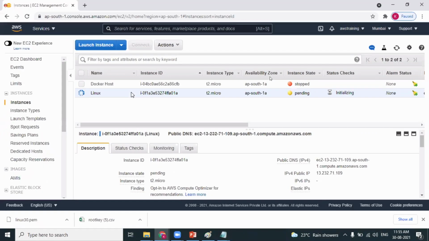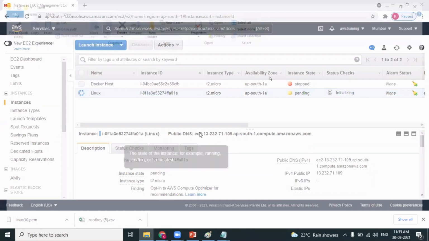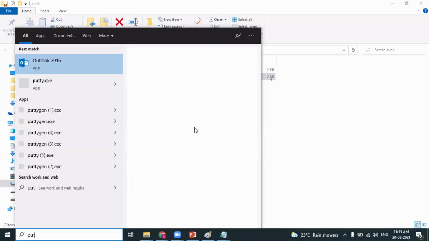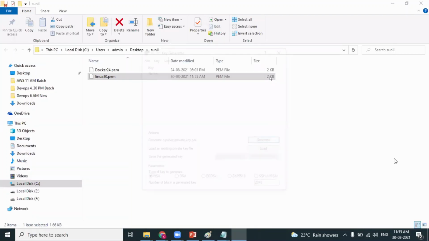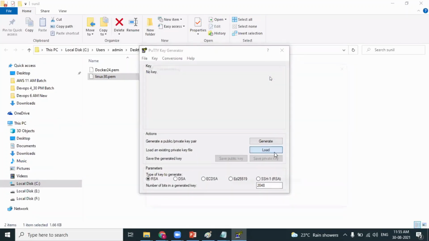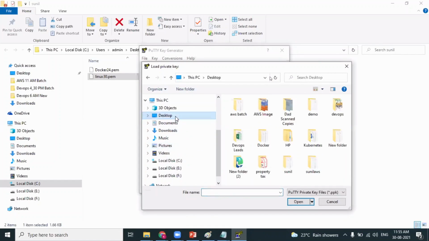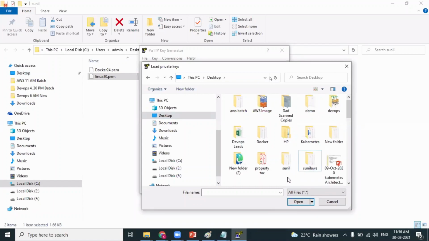I want to connect to this Linux machine using PuTTY. So what I need to do is open PuTTYgen and convert the PEM file to a PPK file. I open PuTTYgen, load, go to all files.